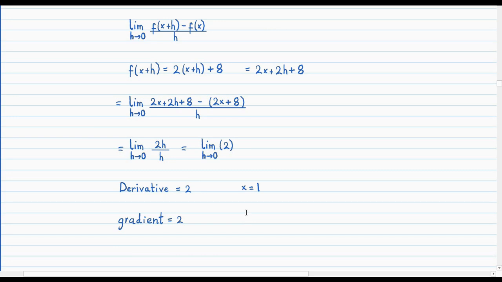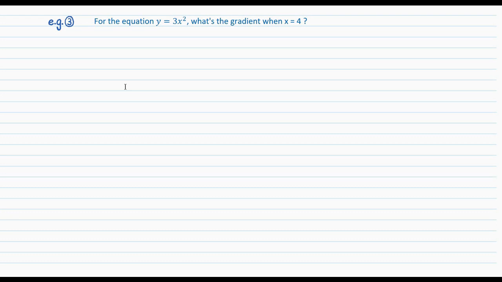This wasn't surprising, given that the gradient of a straight line is constant, so it isn't affected by what x's value is. Let's try again for the second example. For the equation y equals 3x squared, what's the gradient when x equals 4? So f of x is 3x squared, and for the derivative equation, f of x plus h comes out as 3x squared plus